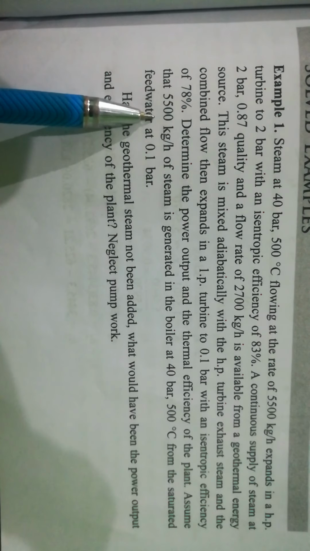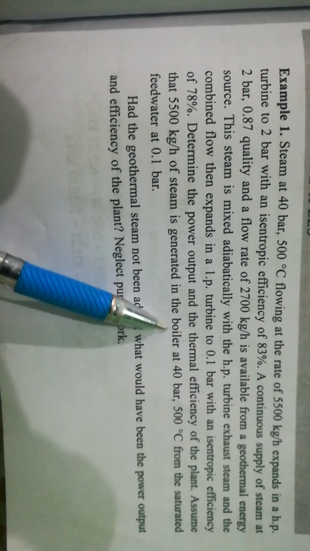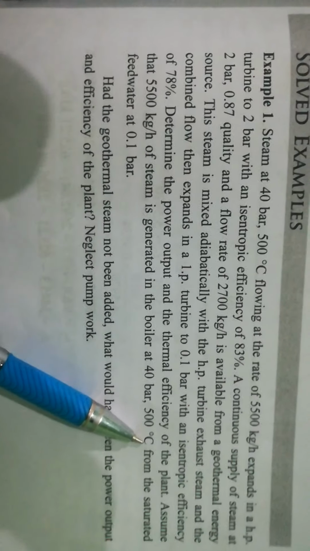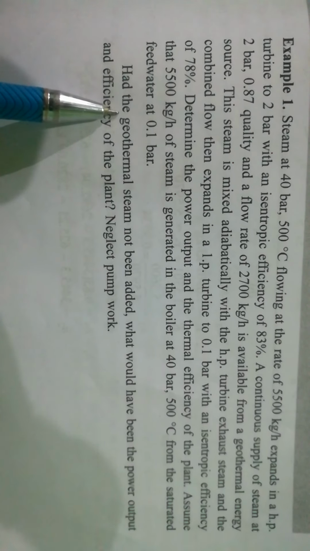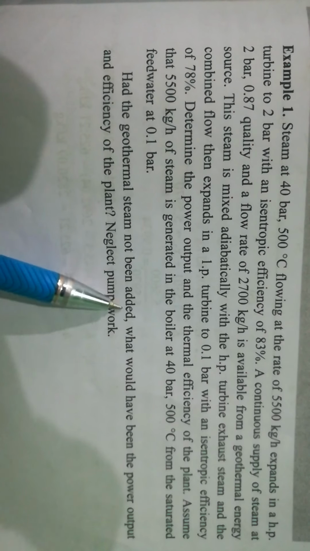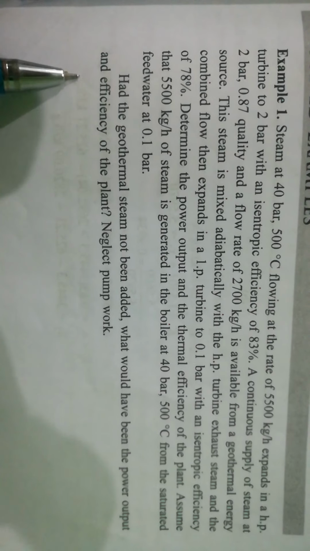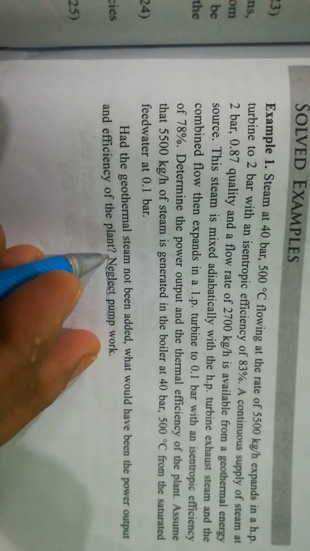Assume 5500 kg per hour of steam is generated in a boiler at 40 bar, 500 centigrade from the saturated feed water at 0.1 bar. Had the geothermal steam not been added, what would have been the power output and efficiency of the plant? Now the pump power is neglected. So